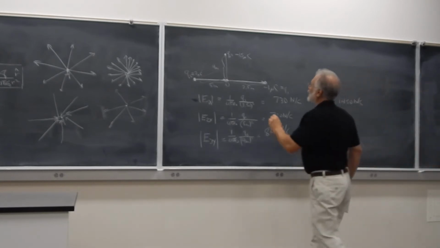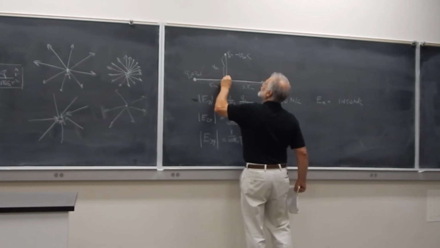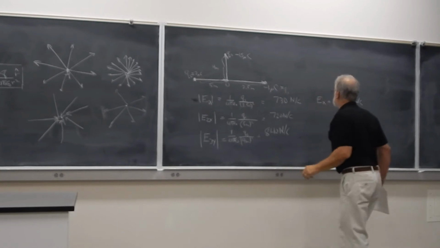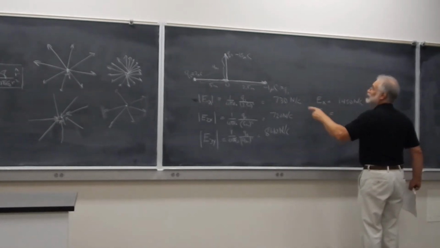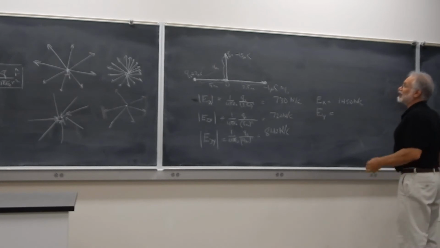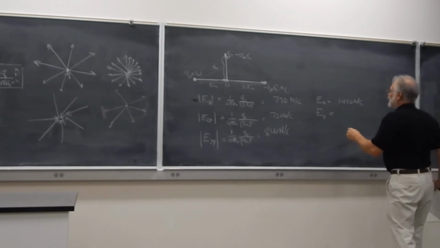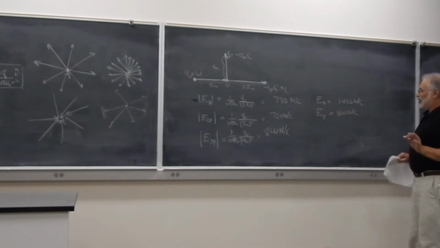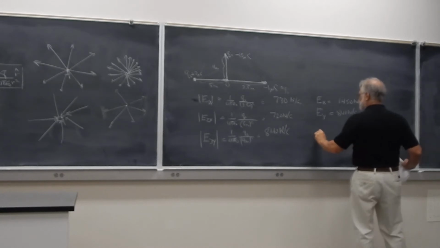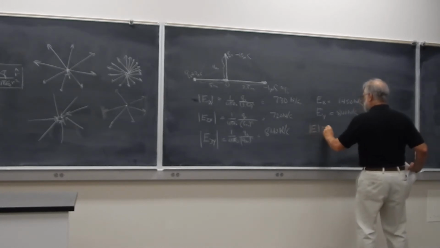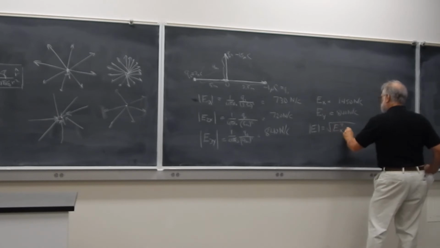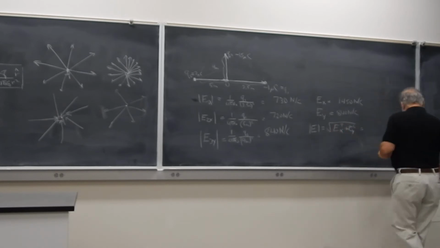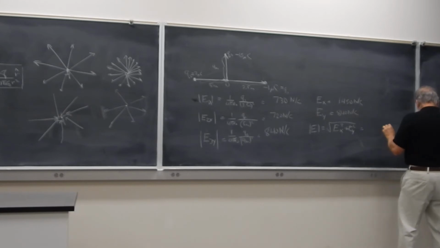E3y, on the other hand, is from a negative charge. That is a field that's moving into the charge, so it's moving in the positive y direction. So Ey, because Q3 is the only charge that's creating a field that has a y component, is equal to 840 newtons per coulomb. When I want to find the magnitude of the total field, I can say that the magnitude of E is equal to the square root of Ex squared plus Ey squared, and if I put my numbers in there, I get 1700